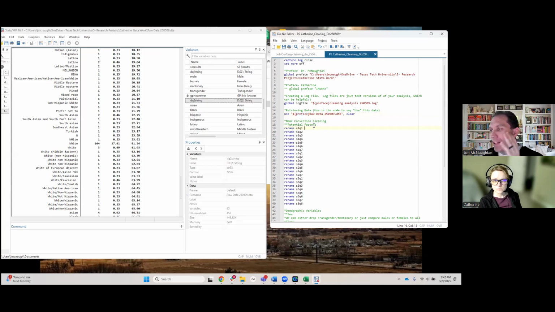The first thing you do when cleaning, usually, is drop unneeded variables, but I don't want to do that just yet. We're going to do it at the end. The first thing we're going to do is change these names that mean nothing to names that mean something. Because the last thing you want to do is make a mistake, like you see S1Q2 and put it in the place of S2Q1, right? So can you tell me, do you have